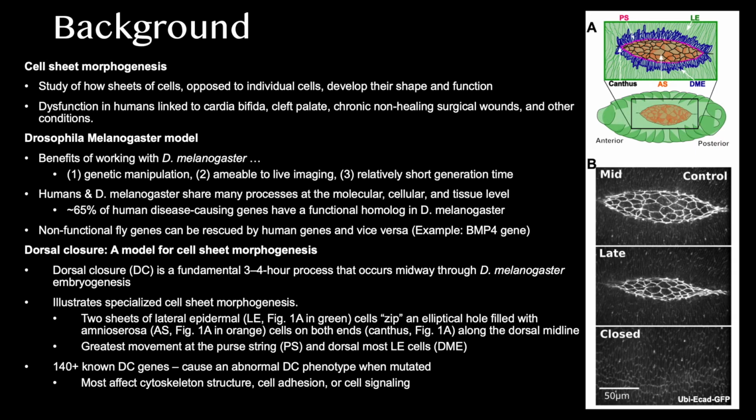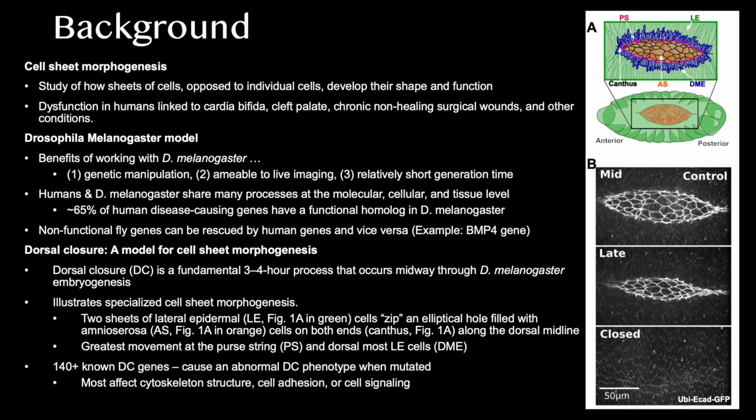In this project, I use dorsal closure as a way to study cell sheet morphogenesis in D. melanogaster. Dorsal closure is a fundamental 3 to 4 hour process in embryogenesis. It involves 2 sheets of lateral epidermal cells zipping an elliptical hole filled with amnioserosa cells on both ends along the dorsal midline, with the greatest movement occurring at the purse string and dorsalmost lateral epidermal cells. As of 2018, there were over 140 known dorsal closure genes, which is defined as any gene that causes an